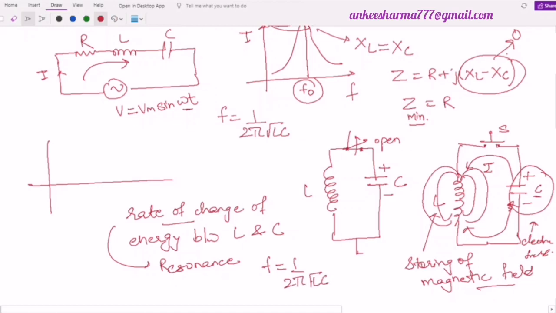Now in practical circuits, definitely there will be losses. This capacitor will have a dielectric. Due to that, there will be leakage of the charge. In the inductor we have a small resistance, because this inductor consists of a wire. Have all of you seen a coil? It is made from a wire. That wire has its own resistance, given by R equal to rho L by A. You all know this formula.